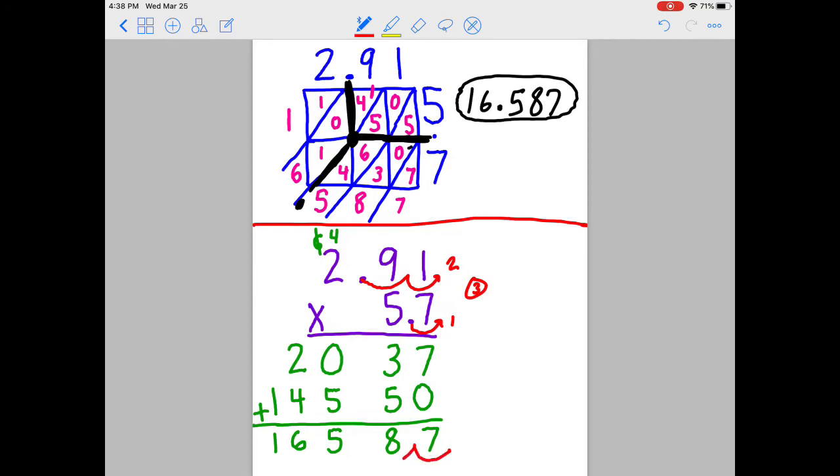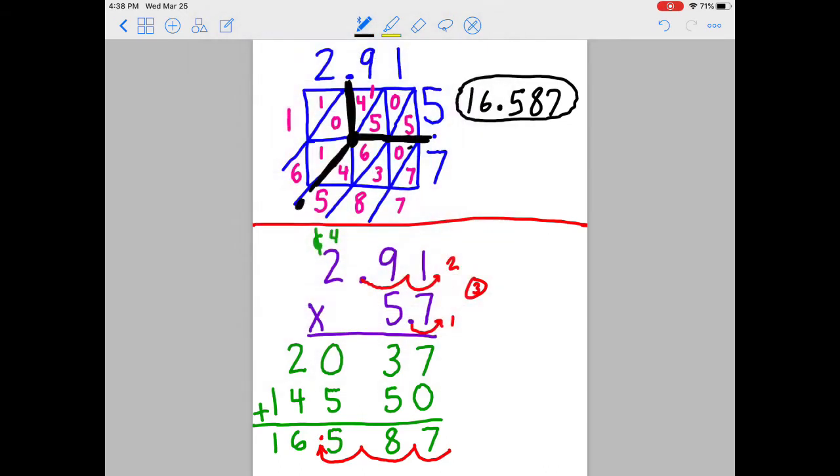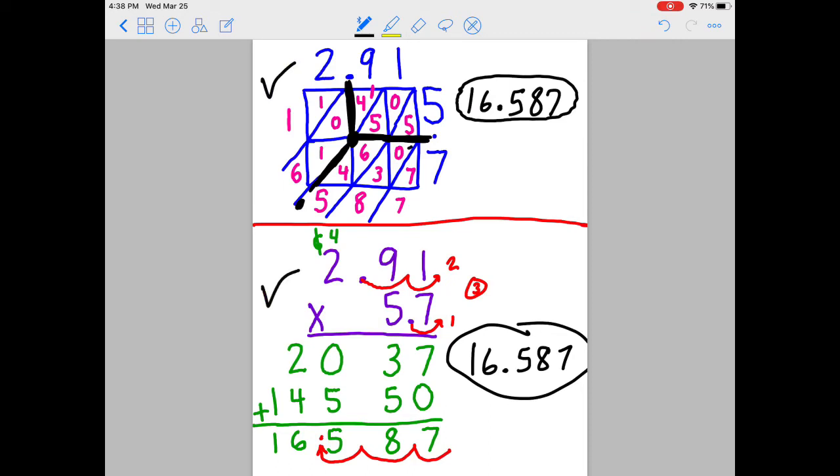So 1, 2, remember how you go between the numbers, 3. Now the decimal is going to be sitting right there. So if I write out my answer, it should be 16.587. Okay, so you guys know you can choose either the lattice method here, or you can choose the US